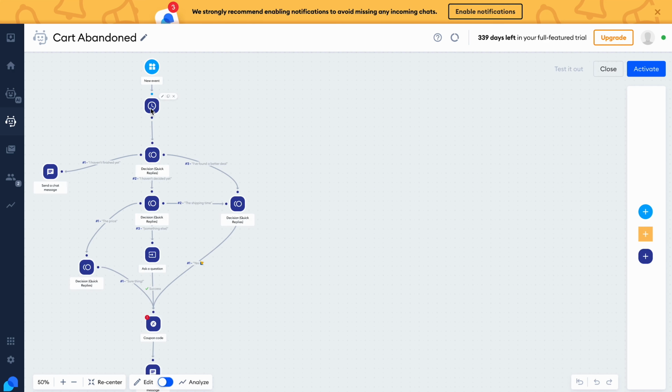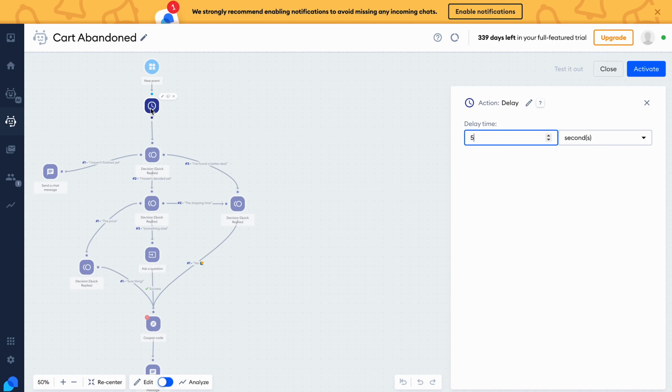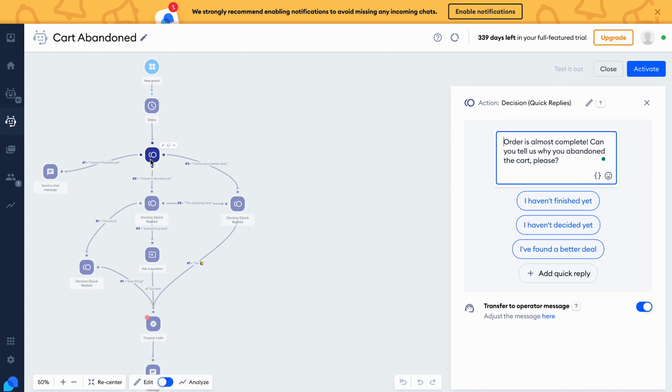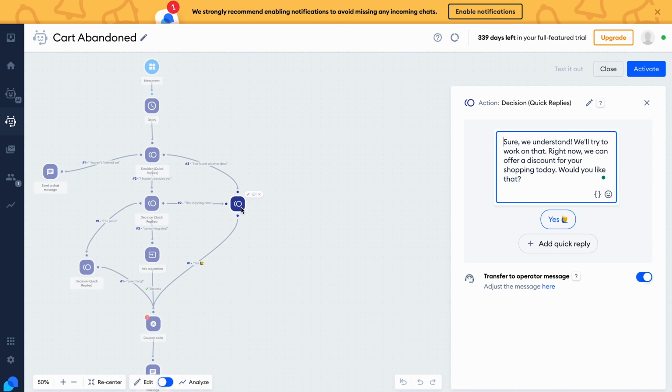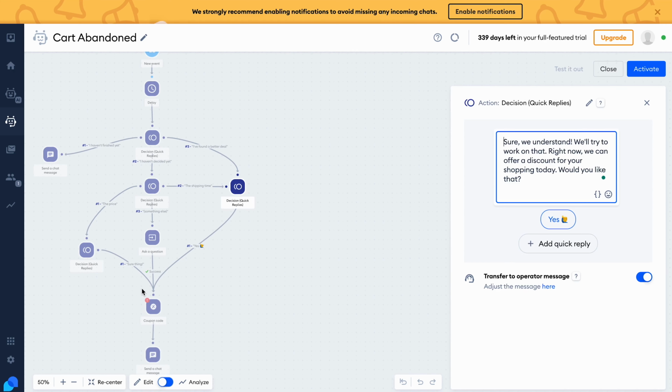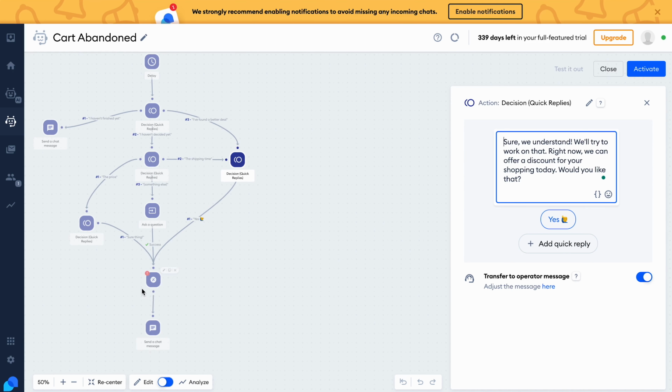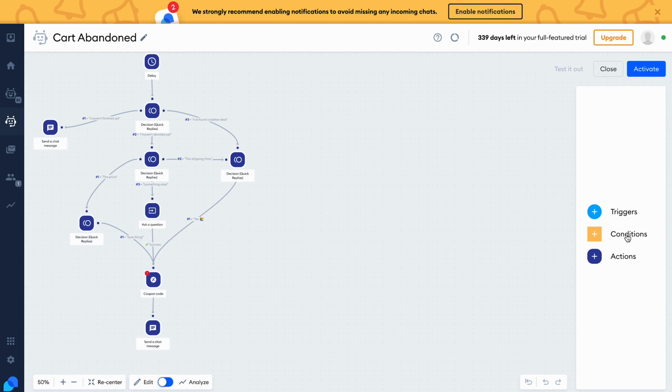You can click on each of these steps and modify it. So here, for example, we have a delay. Here we have an action. Here we have the chat messages and so on. You can go over each of these steps, modify them, change them, make them maybe more branded to your need. Maybe if you want to add more conditions, more delays, you can also work from here. When you finish everything, you just need to click on activate and you will have your chatbot activated on your